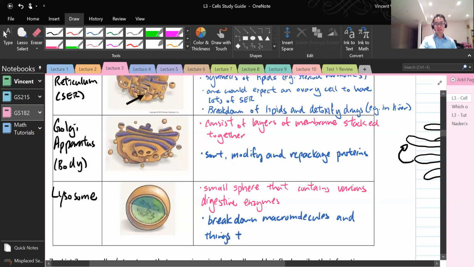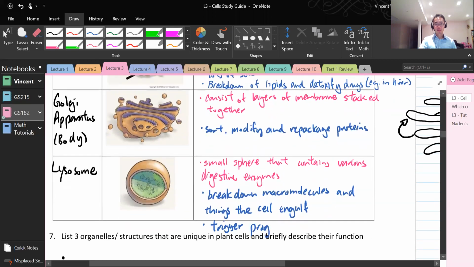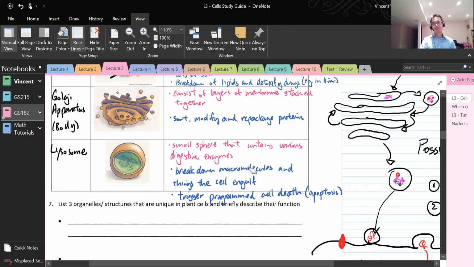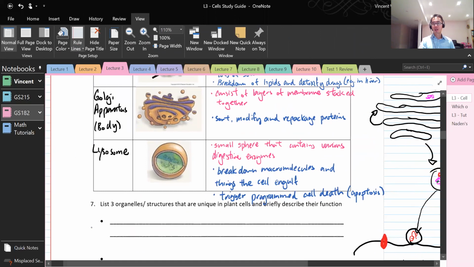Things the cell engulfs can also trigger programmed cell death. We call this apoptosis, deliberate cell death. So macromolecules, if you eat your carbohydrates, starch, whatever, you need to break it down into smaller parts,